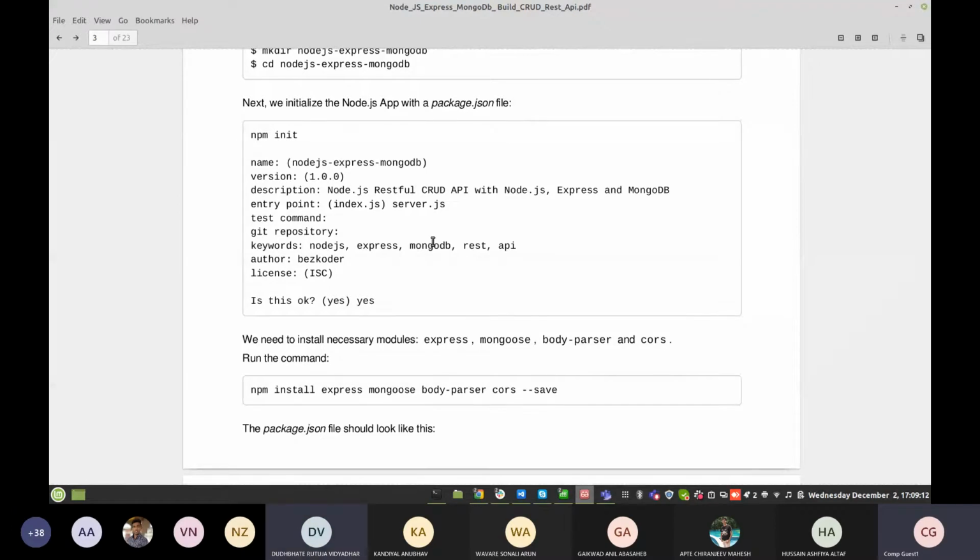If you have a repository, then you can use that repository. Keywords are used from a search engine perspective. So what are the different keywords that you have used for your application? Whenever your application goes live, Google search automatically picks up those keywords and lists your site in the results. Then author, who is the creator, and then license. There are different licenses, ISC, MIT, freeware, so you can choose accordingly. Just enter the details and save it.